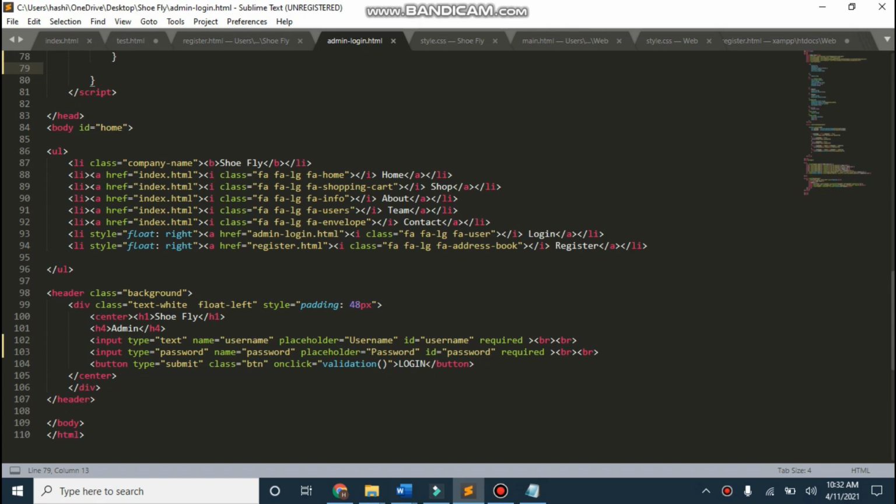So for this I will be adding a style tag here and making background color black, and I will be adding the same style tag here and then the background color black. I'm saving it